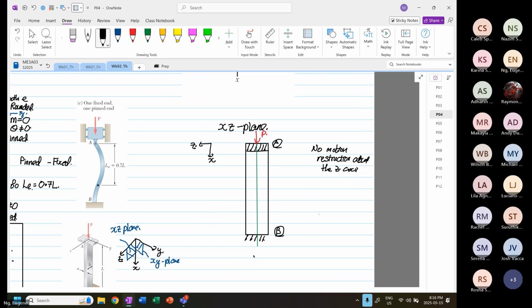So when this thing deforms, or when buckling is going to occur, it's going to be buckling this way. And this is where your P is, right? Why? Because you